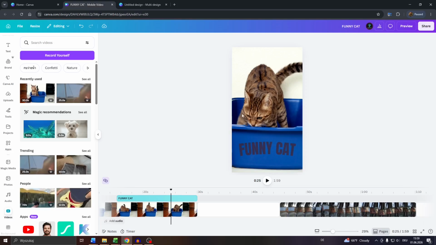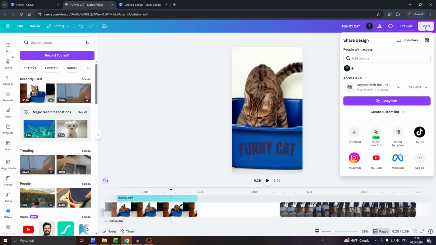So guys, head over to the video clip here in the Canva video editor, and what you'll need to do is change the accessibility status and remove access to users who have been given access to the video clip via a public link, for example. To do that, click into share in the top right, and then guys, check the access level here. So if the current accessibility level is anyone with the link, these persons will be given the opportunity, for example, to either edit the given video clip or to comment or to view it through the Canva editor through that